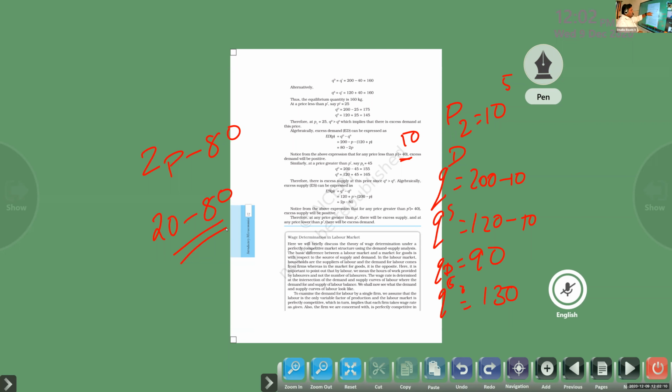So if you want to prove it is an excess demand, the price must be more than 45, right? What price did we get here? The equilibrium price. What is the equilibrium price here? It is 40 only, right? So if you want to create this condition, excess supply, the price should be more than 40. Then only we can prove that. Or else it is not possible. Understand or not? With 10 rupees, we are unable to find that answer. Clear? That's it.